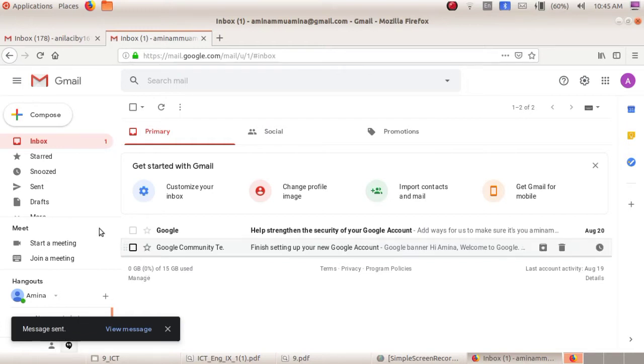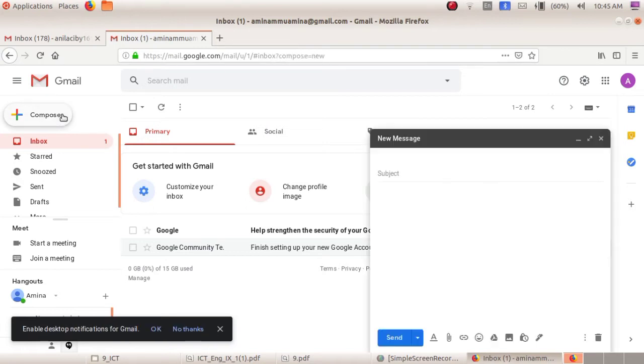Likewise, you can send any file that is saved in your computer. Let us see how. Click on compose. Here you can type the address, type the subject, and then you don't need to type anything in the body. If you want to type here, you can.